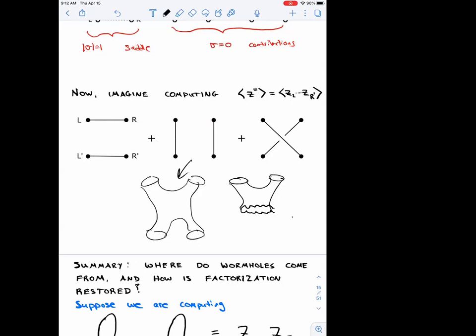What it suggests is that there is a way of computing things in the bulk theory of n equals 4 super Yang-Mills where you do include wormholes. You do include the wormholes, but you also have to include some other stuff. And the other stuff is presumably related to whatever microstructure makes up the microstates of the black hole. We don't understand it very well, but I think it suggests that there's a picture where you have both that and you have the wormhole. And there's also potentially a picture where you don't have the wormhole and you have a slightly different theory of the microstructure, and the two are equal.